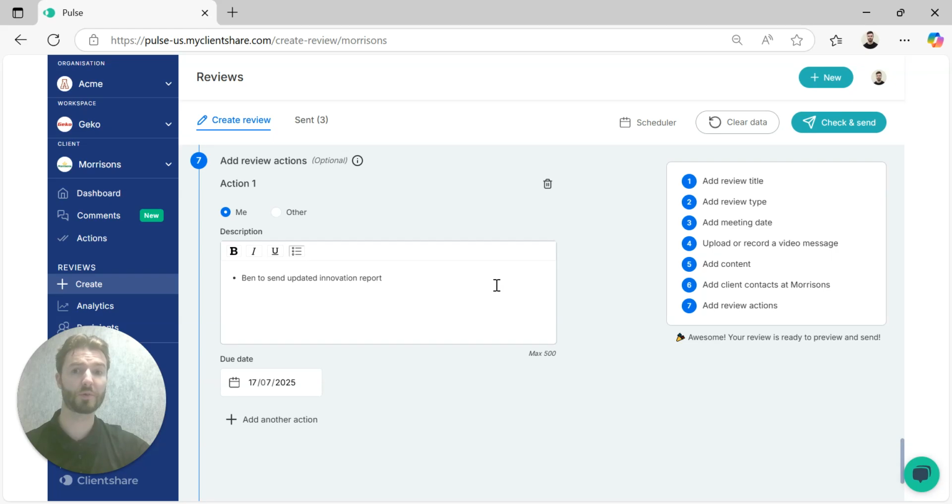And the final step of the review is deciding if you want to add actions. Now, this is an optional step, but if you don't have an existing action tracker, you can assign actions as part of the workflow, and this will then send the person assigned a calendar event that they can accept or decline, and it just means then those agreed outcomes are more likely to be completed off the back of your